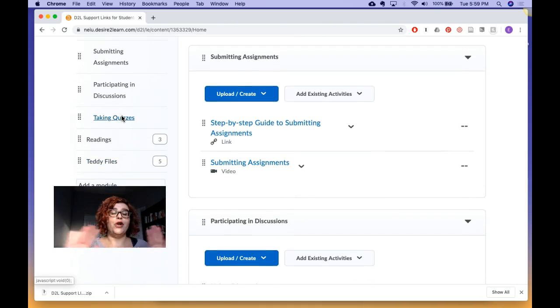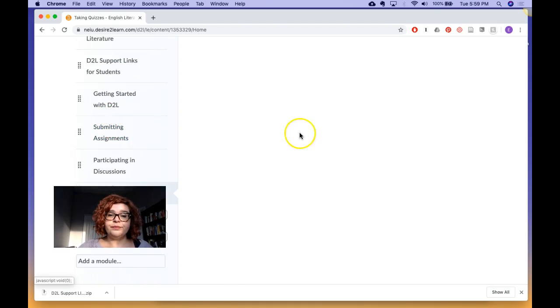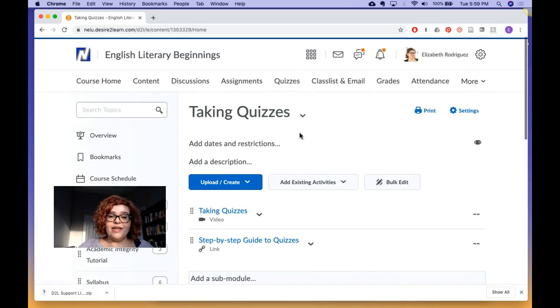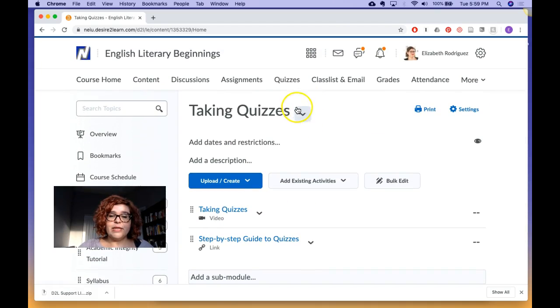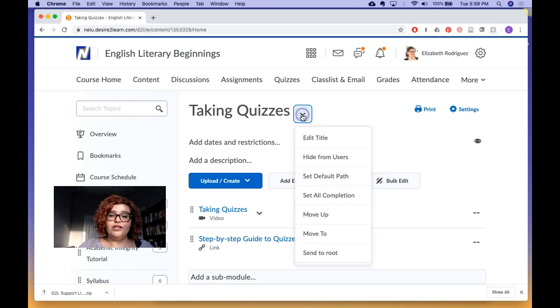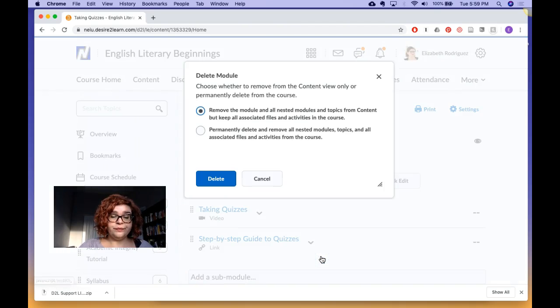So let's say I know I'm not going to use quizzes. I click on over here, the Taking Quizzes submodule, and then I can click this drop-down menu. Anytime you see this arrow pointing down, it means you have a whole lot of options to take a look at. So we click that, we delete the module,